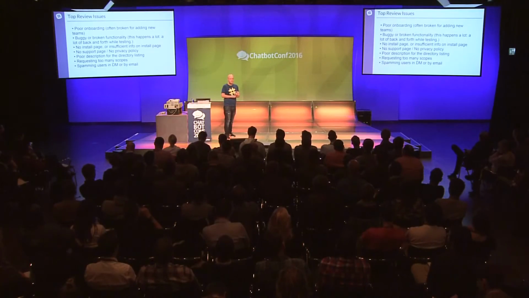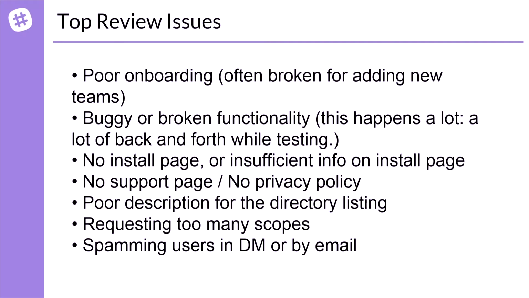Okay, so these are the reasons why most of our bots fail. Look at this. If you fix this, you improve your chances of getting into our directory. So, poor onboarding. I think that's one of the most important things other than having a useful service. I always say you can't have an amazing bot over a shitty service. The first thing is having a good service. Then onboarding functionality needs to not be broken. We actually test every app and we actually use it.